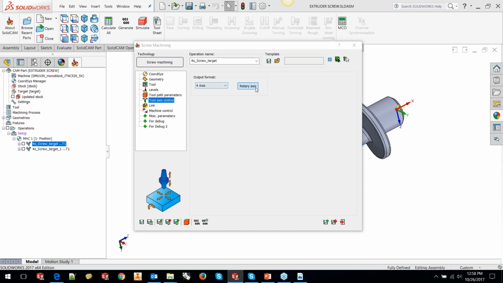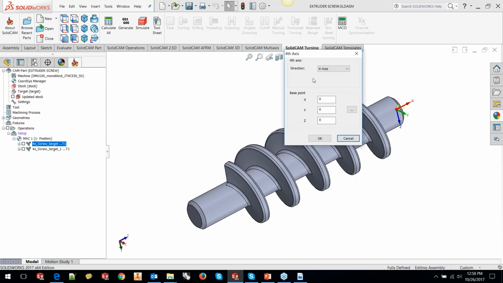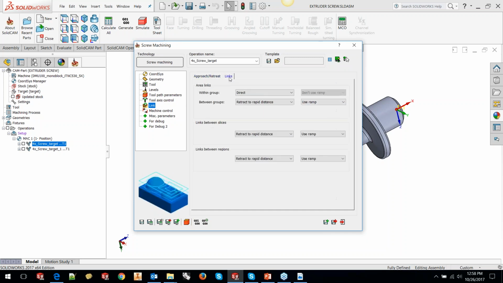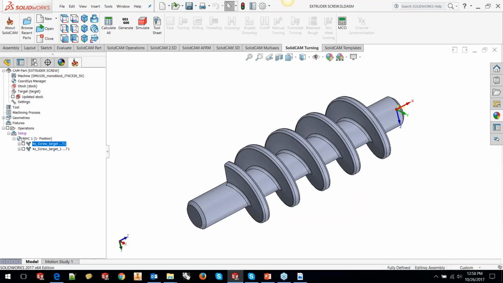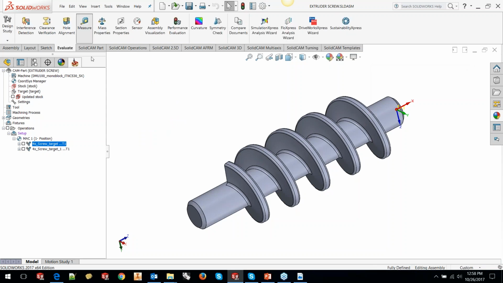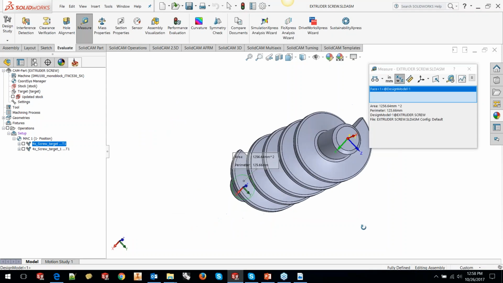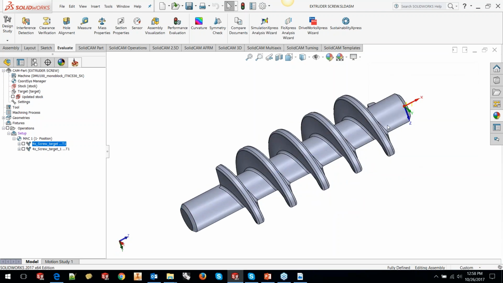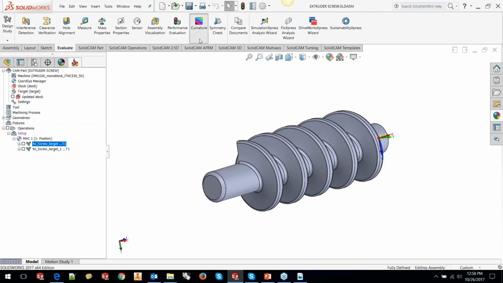In the tool axis control, all you need to define is the fourth axis. Which is your fourth axis? Is it the x-axis, y-axis, or z-axis? And in the link, you need to define where to use the ramp and where not to use the ramp, so that it becomes easier for it to apply. Once that is done, it takes, for example, this part. If I measure this part, this is about 400 millimeter. A 400 millimeter screw with a diameter, if I'm not wrong,